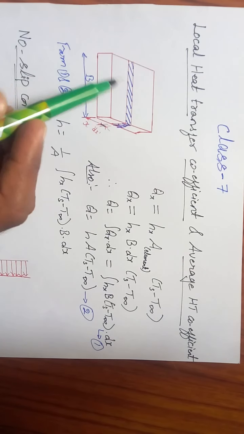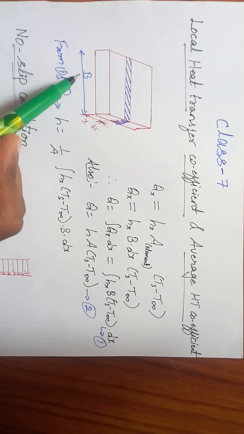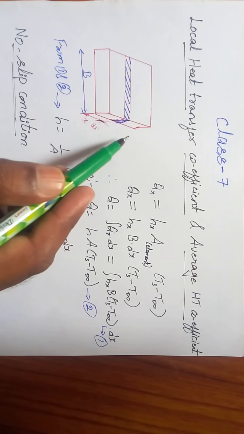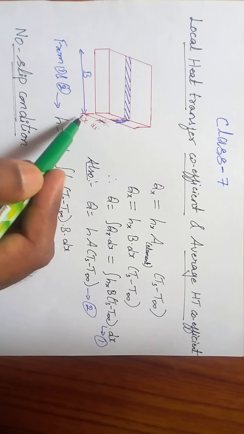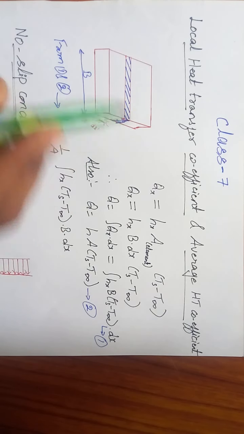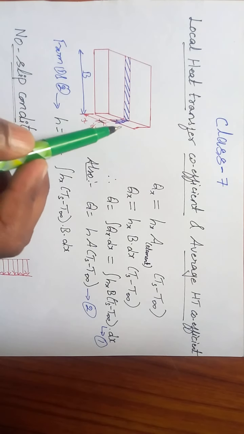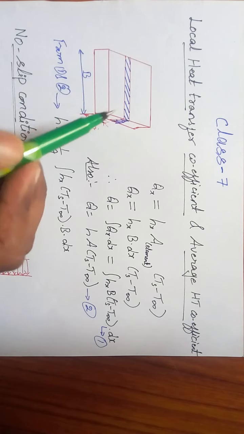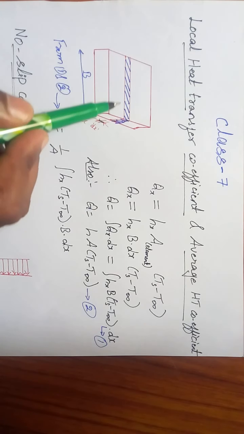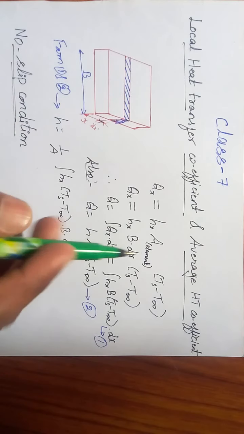Fine, you can consider any flat plate. Let the breadth be the value of B and let the length be L. So let us take this as x-axis. So at a distance of x, consider one small elemental area of breadth B and the length dx. So dx into B will be the area of this small elemental structure.